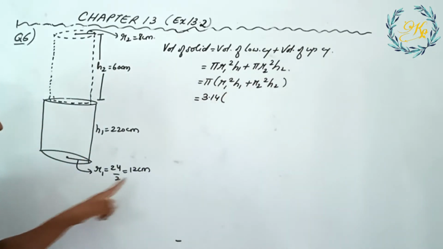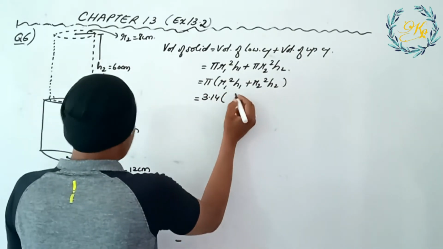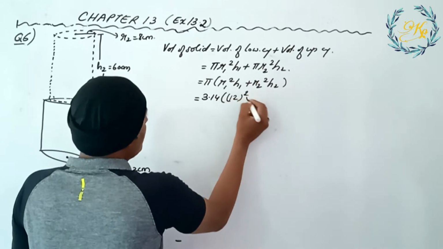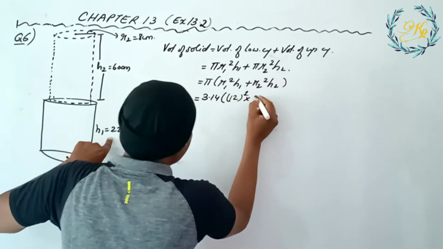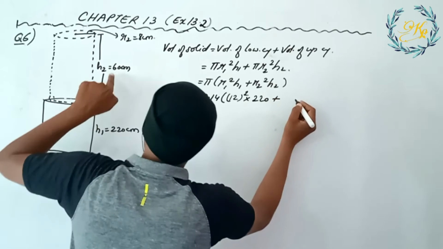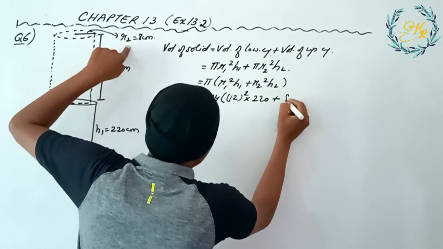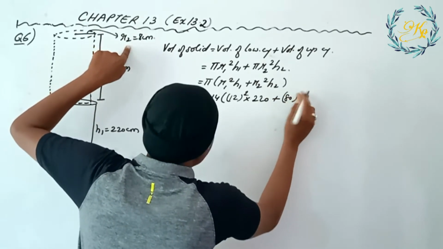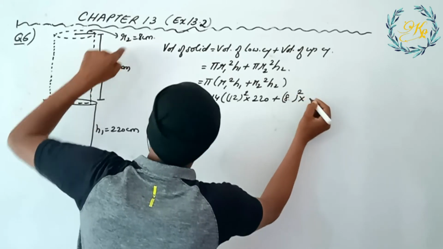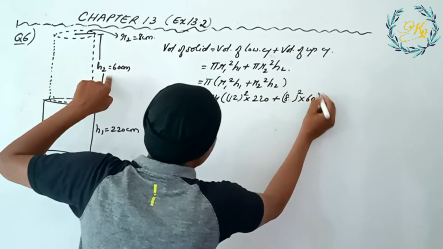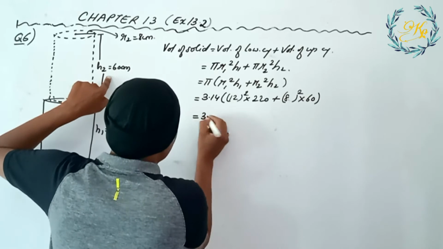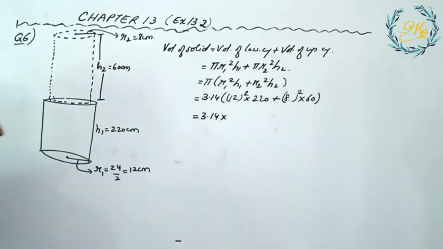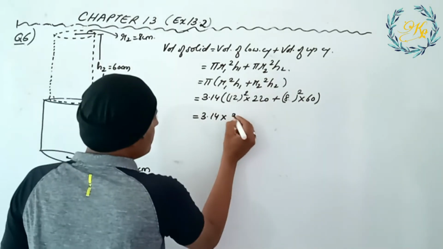As far as R1 is concerned, we will take the value as 12 whole square into the height of the lower cylinder 220, plus the radius of the upper cylinder, that is 8 square, and the height of the upper cylinder 60. On evaluating all the values in the bracket, you will get the answer as 35520